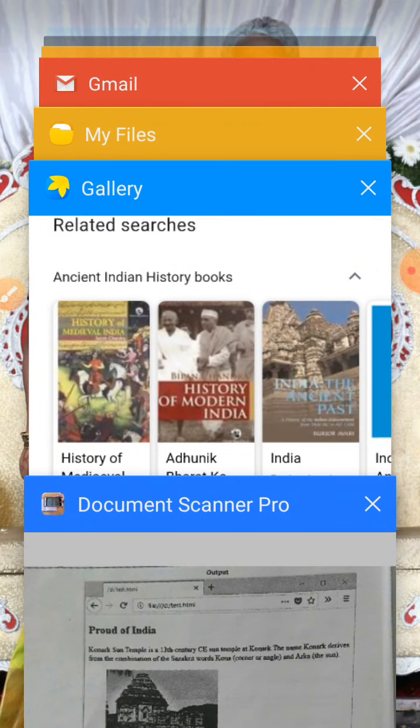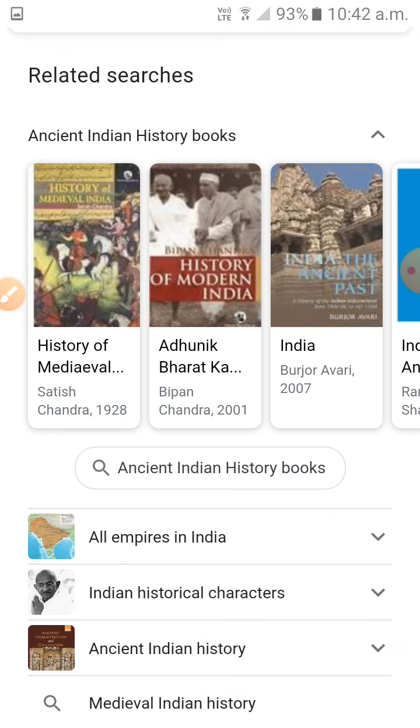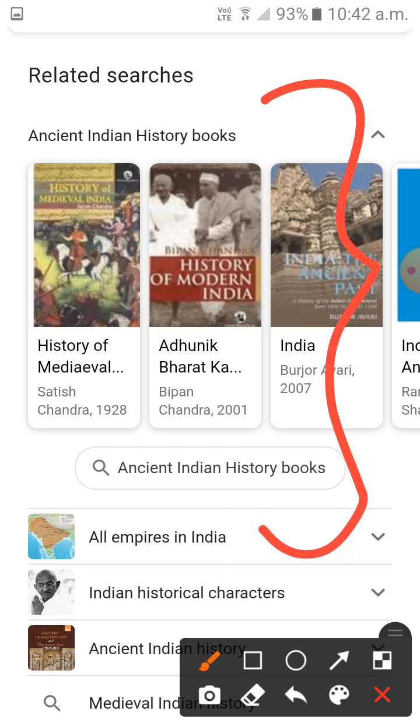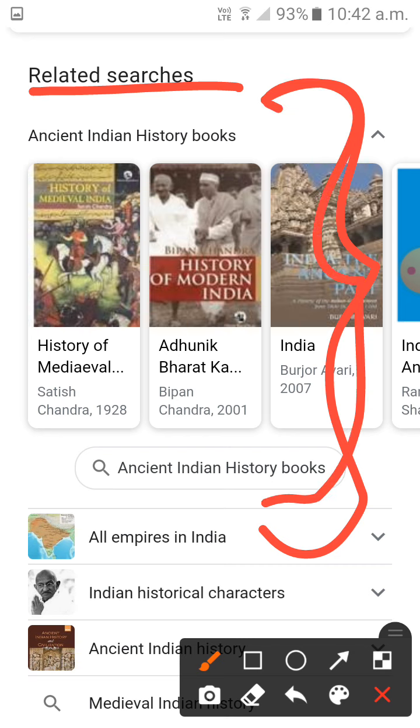Okay, you can see for example. Now here you see I searched about Indian history, so I scrolled down, the information was displayed, and scrolling further I got this related search. The primary content is the Indian history I searched. Related to that primary content, these related searches are displayed.